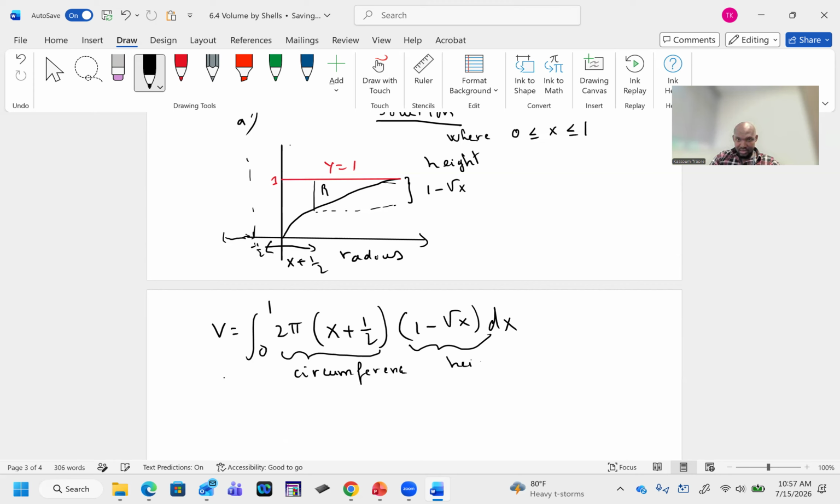And this will be the height. So we need to solve this one, which will give us 2 pi, and we distribute. So if I distribute, X times 1 is X, right? X times square root of X, you know, square root of X is X to the power of 1/2. So X times that, 1 plus 1/2 will be X to the power of 3 over 2. 1/2 times 1 is 1/2. 1/2 times negative square root of X will be negative 1/2 X to the power of 1/2 dx. And then we have to find the antiderivative of this,